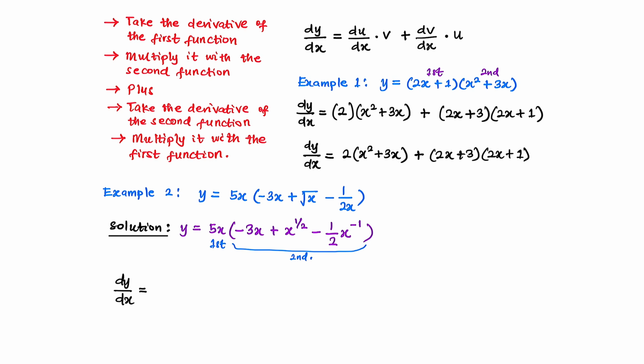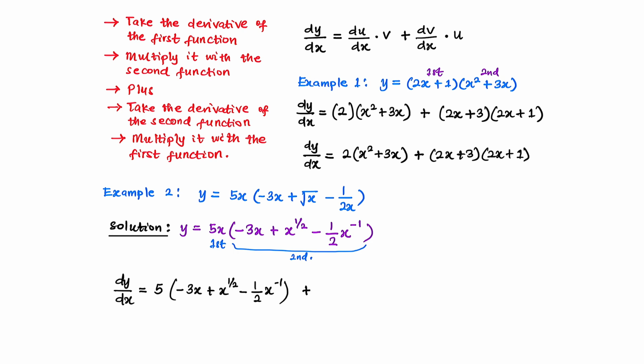Derivative of 5x is 5. Multiply it with the second function, so we have minus 3x plus x raised to the power 1 over 2 minus 1 over 2 x raised to the power minus 1